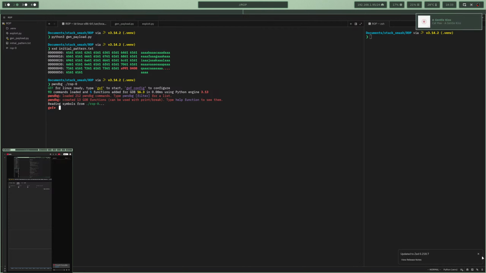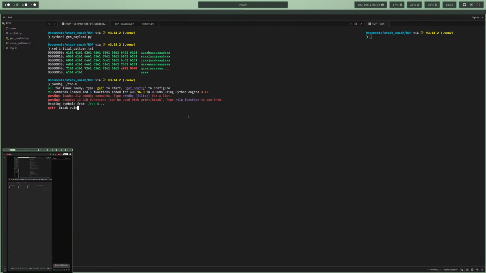However, if we were dealing with a little more realistic scenario, we would have to be dealing with ASLR, and I don't know ASLR bypass yet. I haven't bothered to look into it, even though I want to. But anywho,